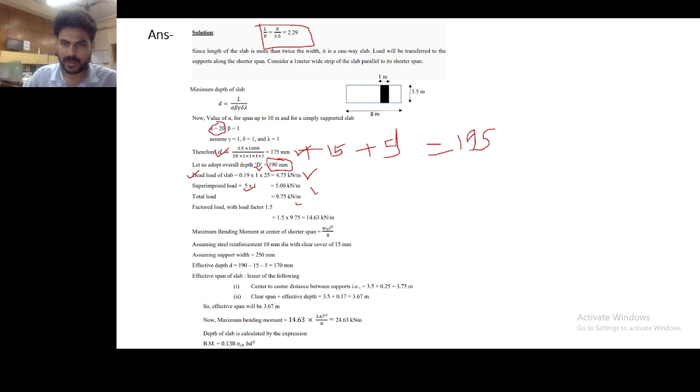We have to consider factored loads, right? Factored loads we have considered by multiplying 1.5 as the safety factor, that is coming to be 14.63. The maximum bending moment at the center is given by WL square by 2 because we are considering it is a simply supported slab, right? So our D,